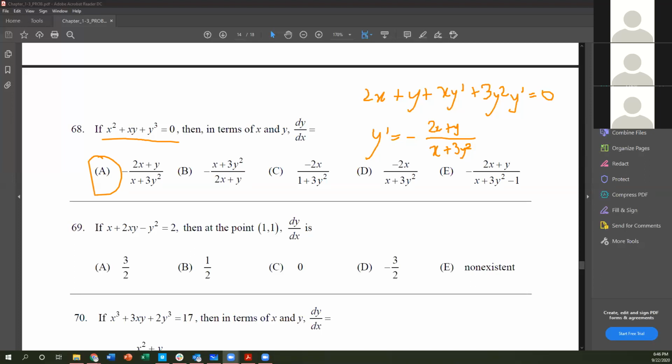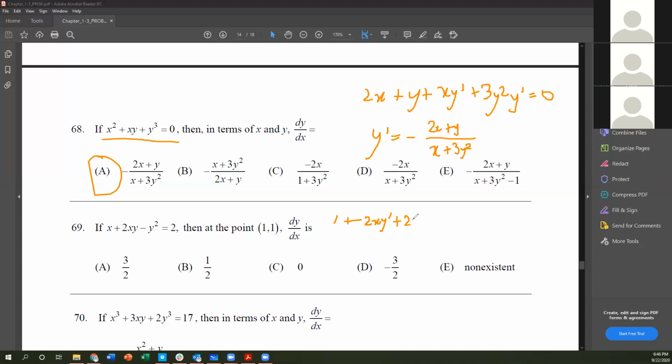So it would be 1. Yep. Plus, I have to do product rule there. So it would be 2xy times y prime is 2xy prime plus